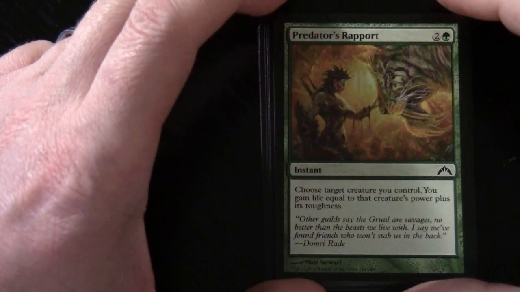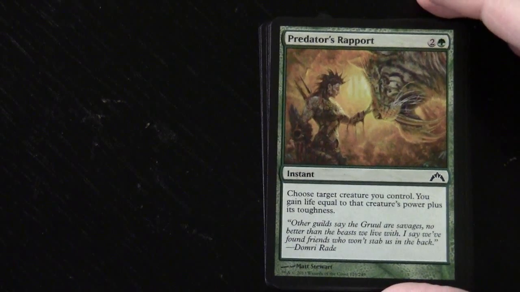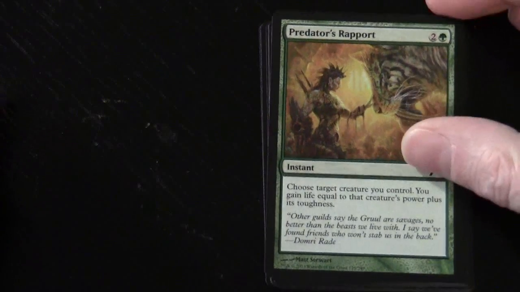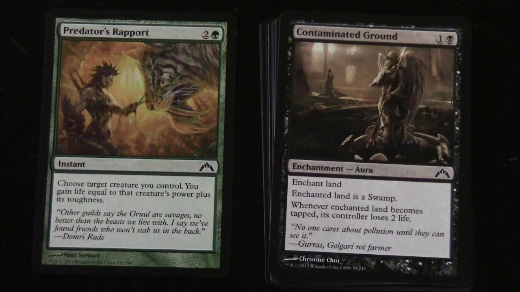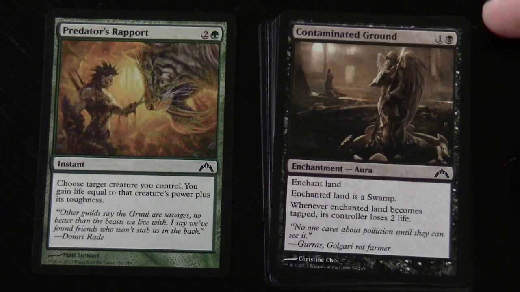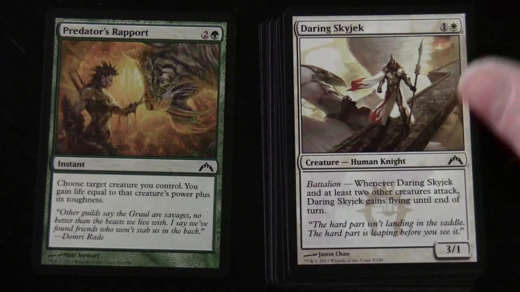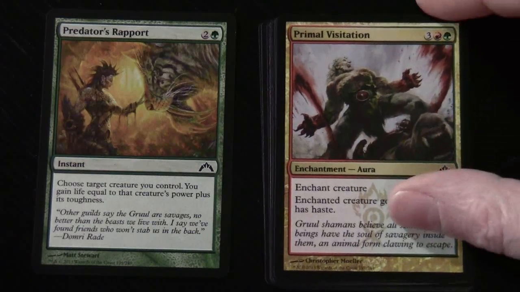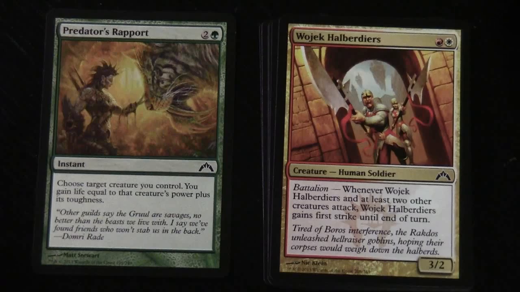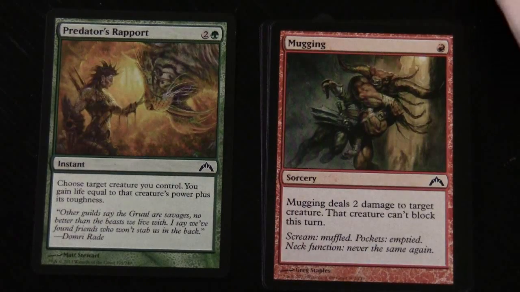So we've got Predator's Rapport. This is in green, so for a 2 and a green we get to choose a target creature you control. You gain life equal to that creature's power plus its toughness. So good in a deck if you've got any fatties and you're looking to get a bit of life gain. Contaminated Ground, Scorch Walker, Daring Skyjack, Primal Visitation, Wildjack Halberdiers, Mugging,